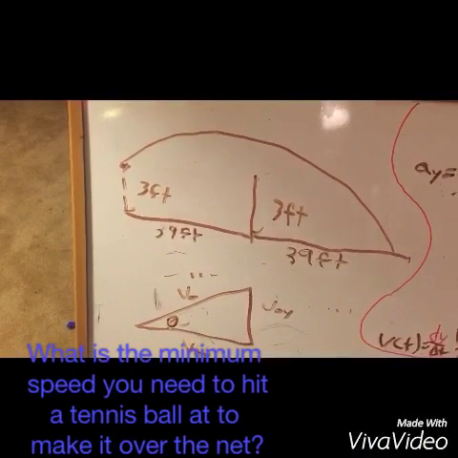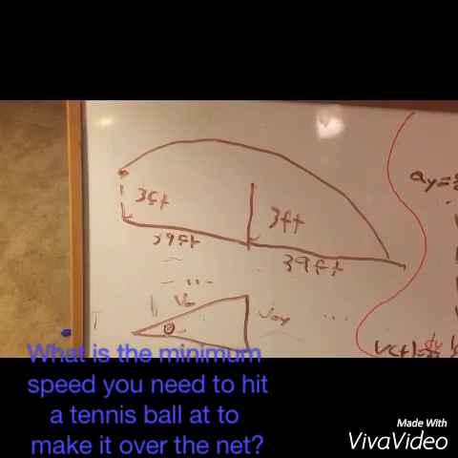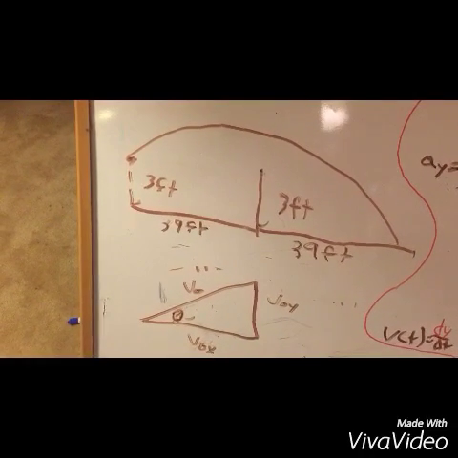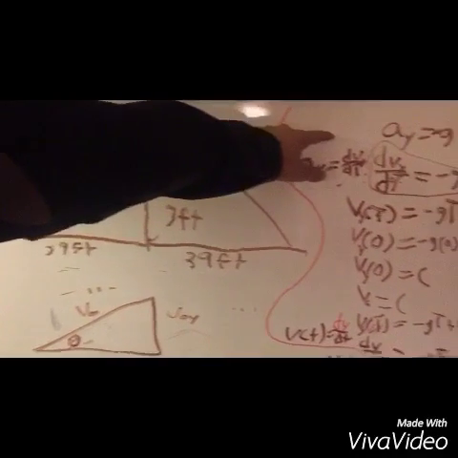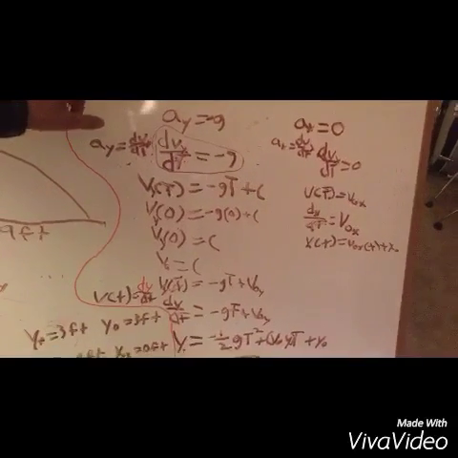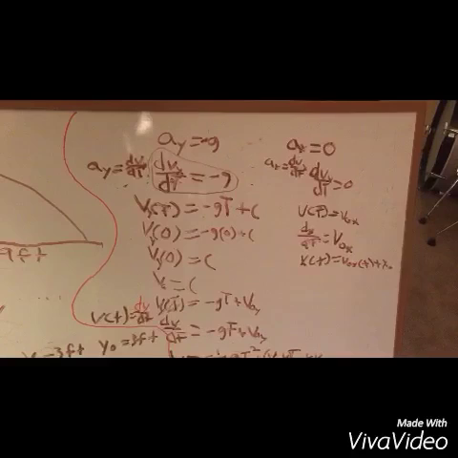So for my project, I'm going to use calculus to see how fast you have to hit the tennis ball in order to get it over the net. And then, to find the equation of how fast you have to hit it to get over the net, you have to